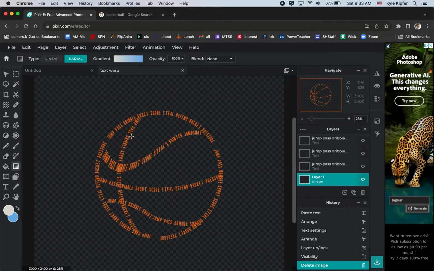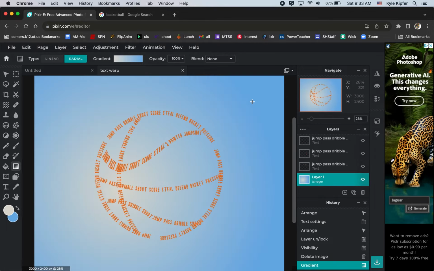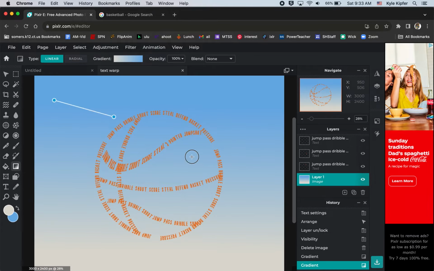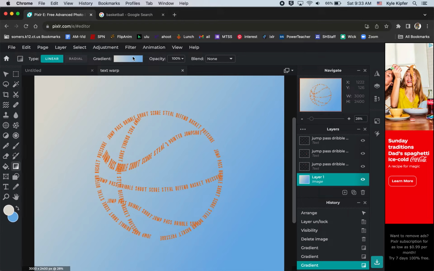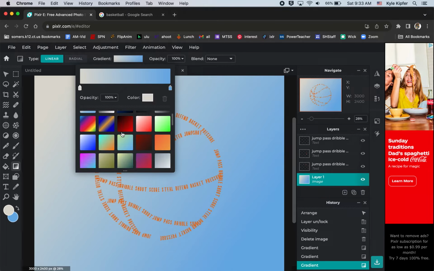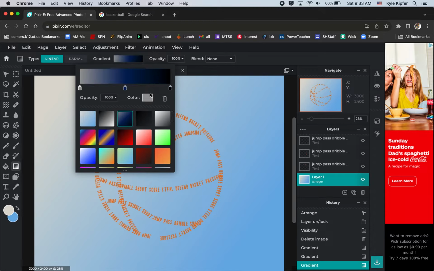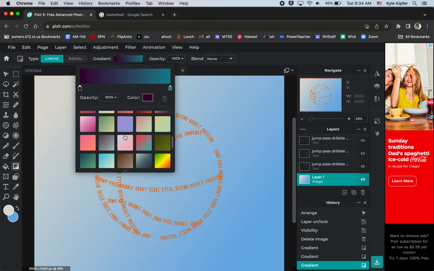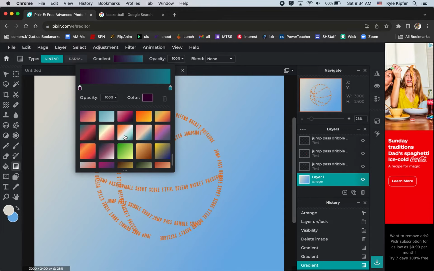We could do a radial gradient where maybe I'll have it kind of be like lighter in the center and then blue on the edges. So it's radial, and that looks pretty cool. We could mess with maybe just having it be a linear gradient and have it just go blue to white or diagonal. However you think is the best approach to making your text readable. You know, this doesn't necessarily make the text pop out because of this light color here. So maybe it would be better to go with something a little bit on the darker side, and I can try out a different gradient that might have some darker tones in it. Let's see. As I scroll through,